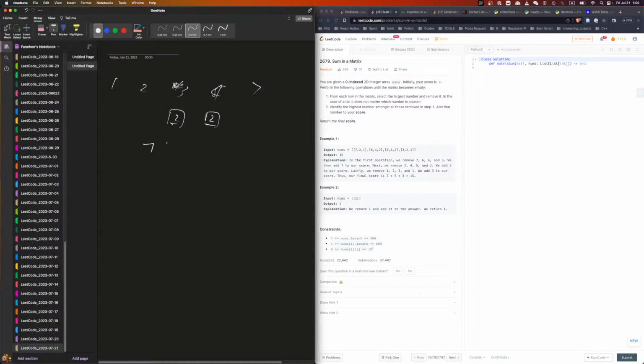We have 7, 2, 1, 6, 4, 2, 6, 5, 3, 3, 2, 1. All right, step number 1. We'll remove the largest value, so it's 7, 6, 6, 3. I have the highest number removed.